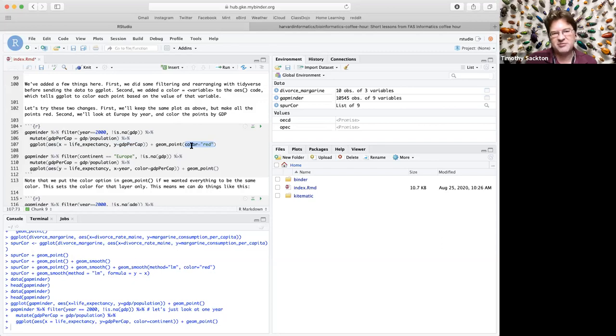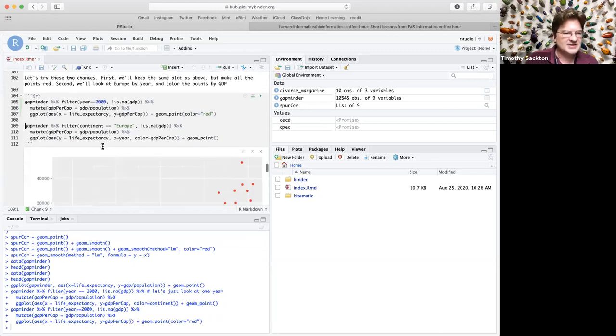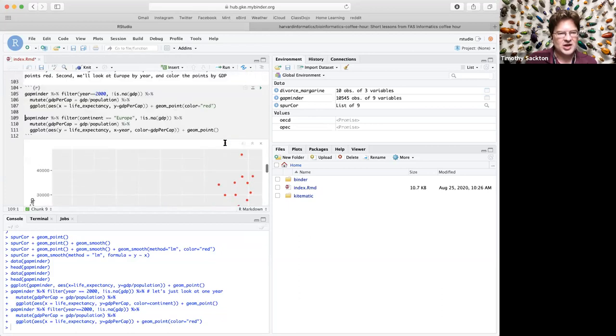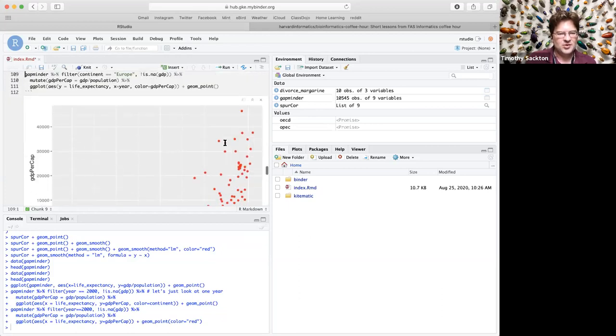So if we wanted, for example, all the points to be red, then we can have this default aesthetic, and then add a geom_point with color equals red. And that will make a plot where all the points are red,